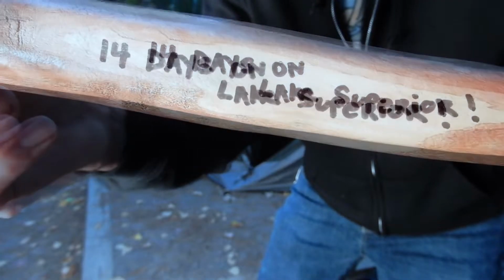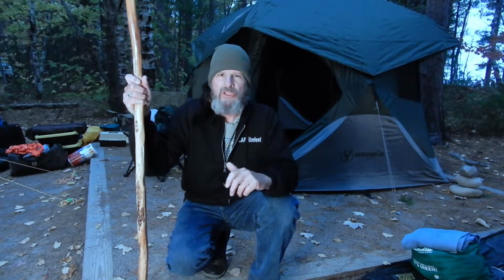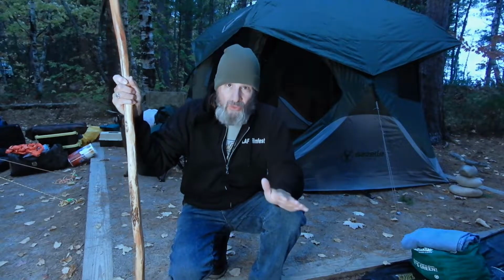Hiking sticks. You can see the last time I was here, 14 days straight. So that was pretty cold, and I actually made a custom tarp for the top of the Gazelle. So the Gazelle is 100% waterproof, no problem whatsoever if it rained. If I got up here on my very first day and I had seriously 1 week of solid rain coming down,